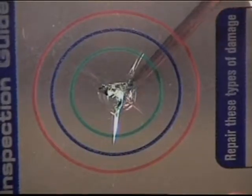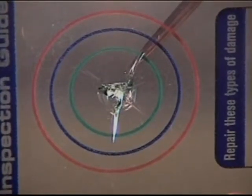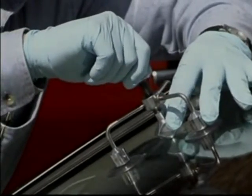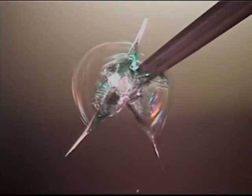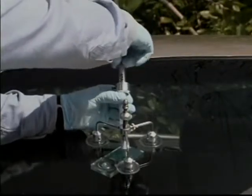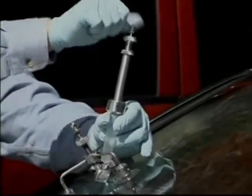Generally speaking, the larger and more complex the break, the more you must rely on the skill of the technician to make repairs. Repairs are made or not made on a case-by-case basis, based on the technician's understanding of breaks, skill with repair equipment, and expectation for a high-quality repair. In general, most common breaks are repairable regardless of the location on the windshield, provided the repair equipment can be